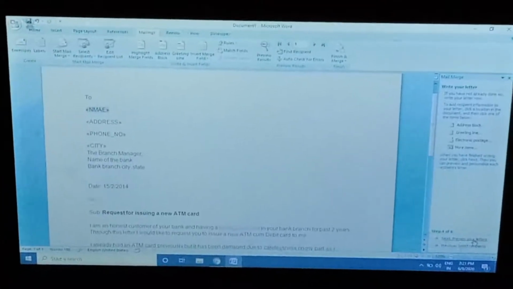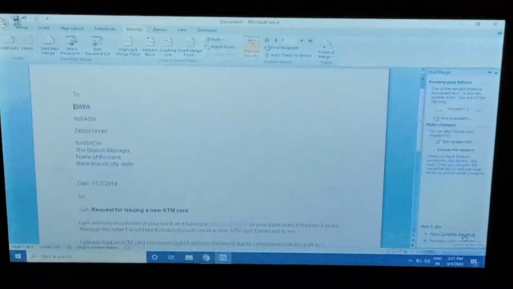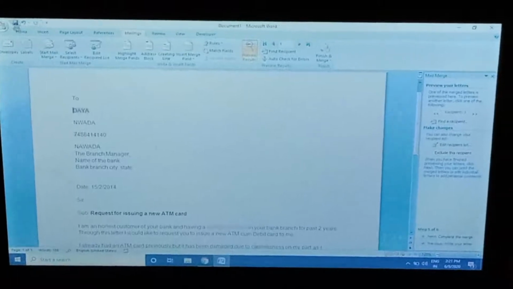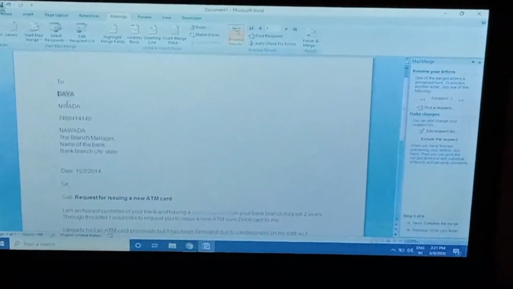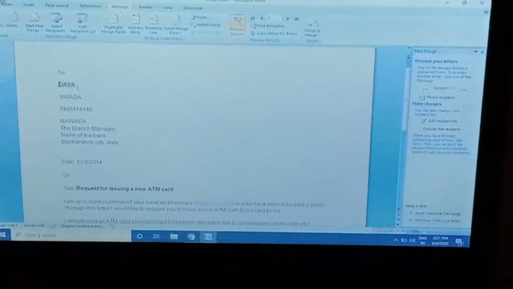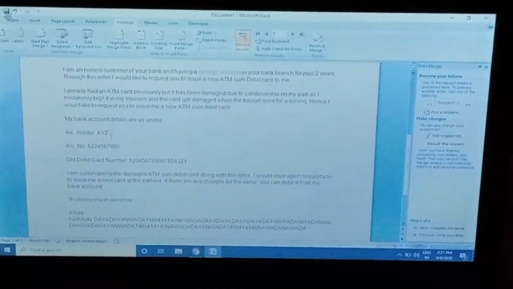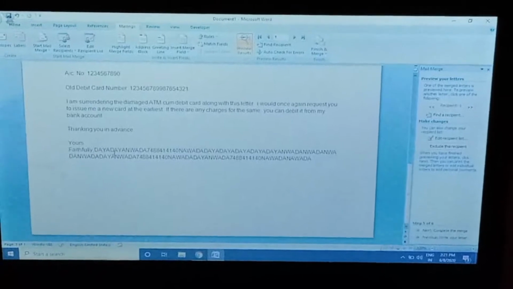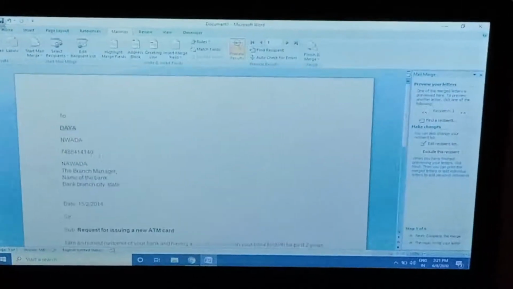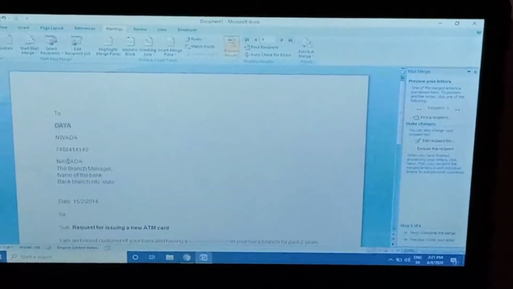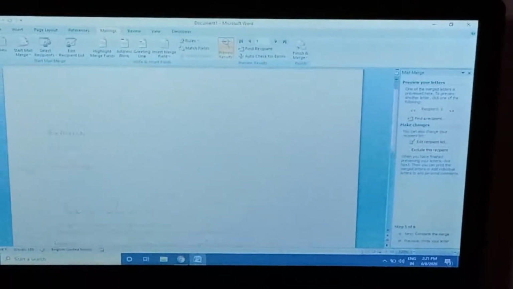And just click preview your letter. All the mentioned names, Daya, Nevada, are shown in this particular letter, addressed to the branch manager name.